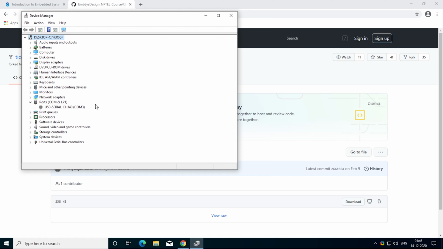Now this COM port number 3 is the number that we will use frequently while programming. So as of now, the number that is assigned to your hardware by this computer is COM port number 3. It can be any other number on your system, it can be 5, 6 or any other number, but the point over here is you have to go to the device manager and just check the COM port that is being provided by the computer to your hardware. So on my system I will use COM port number 3.